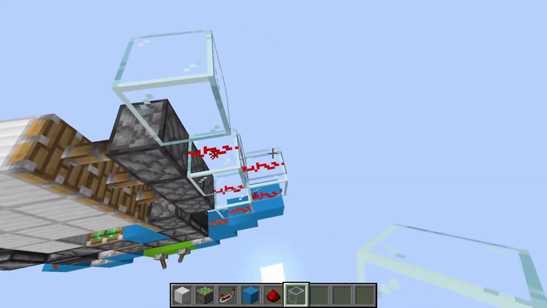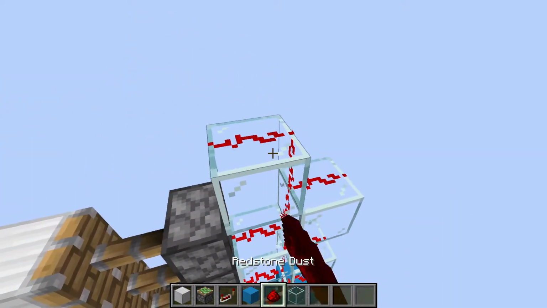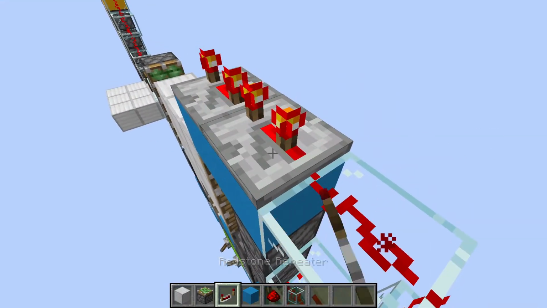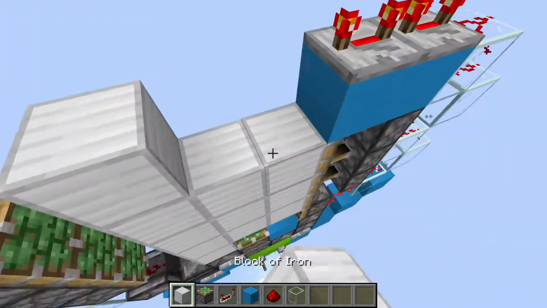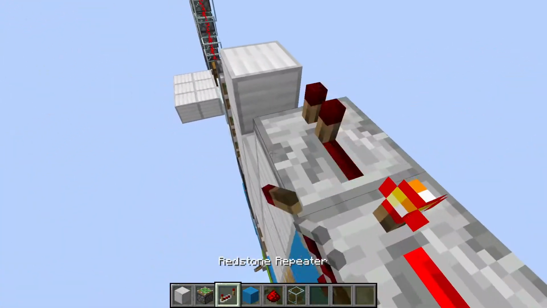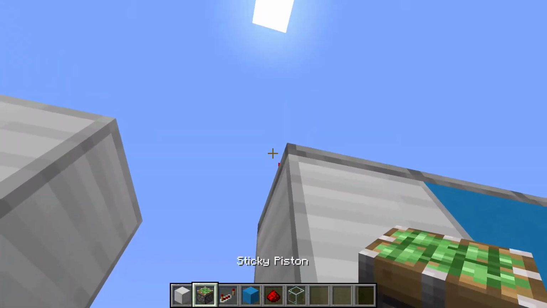To finish up, you'll place glass on top of these pieces of redstone dust, then place redstone dust on top of those. 2 blocks right here, both with repeater on top of them, both set to 4 ticks. And then you're going to place 2 blocks right here, which will be part of the door when it is open. Then you're going to place another repeater right here, set to 2 ticks, and a piston next to this